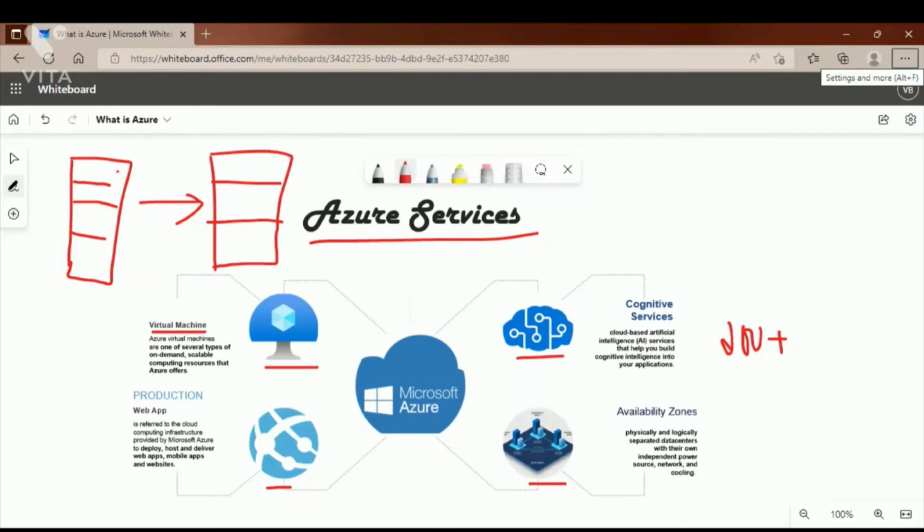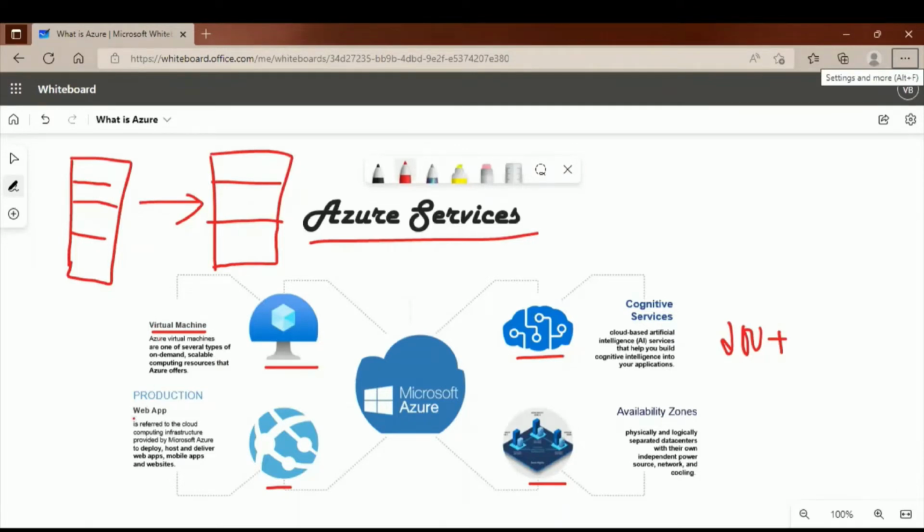Suppose the infrastructure has 10 desktops. In the cloud, if you need 10 more, they can be added in a few seconds. This helps reduce capital expenditure and focus more on operational expenditure. So that's all about virtual machines.